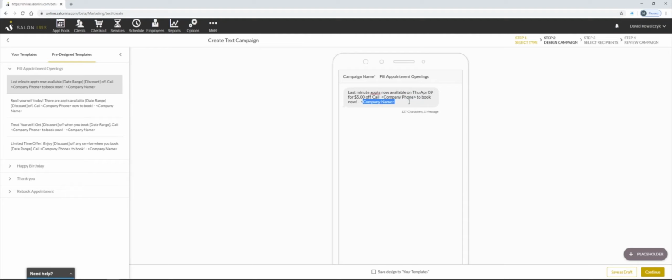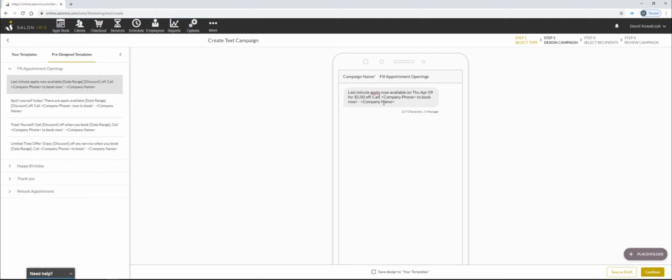It's going to have the company name in here as well. You could also put your company website or the online booking link in here, just to get them to navigate over to your website. That's just trying to get more traffic there so that they book online as opposed to calling. But this is going to be a really awesome tool that you can utilize, hopefully come the end of the month when things